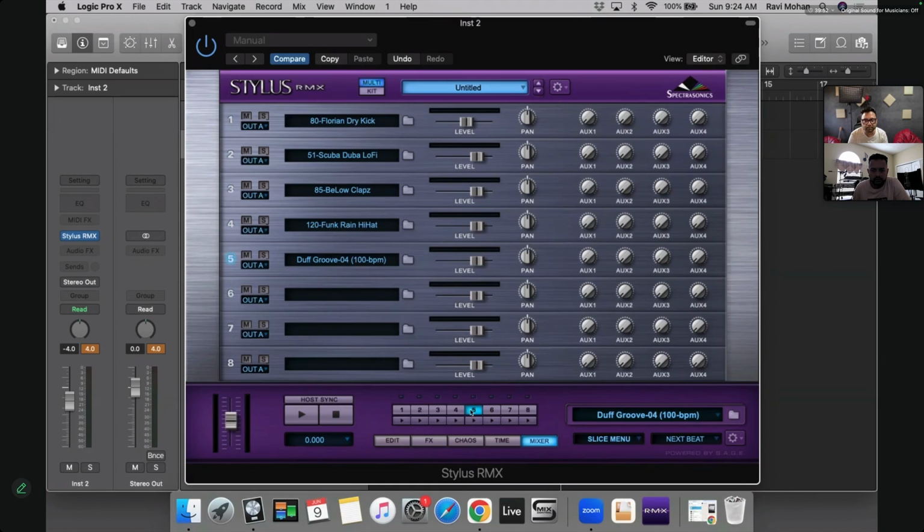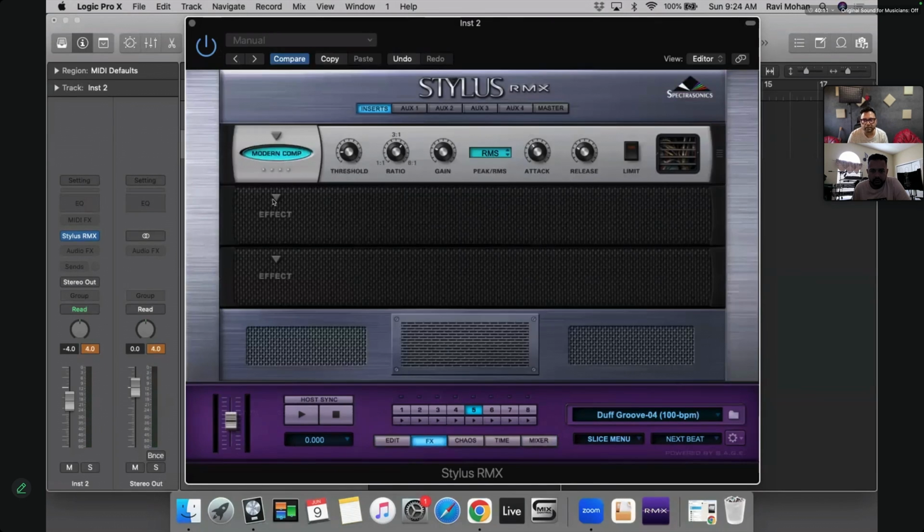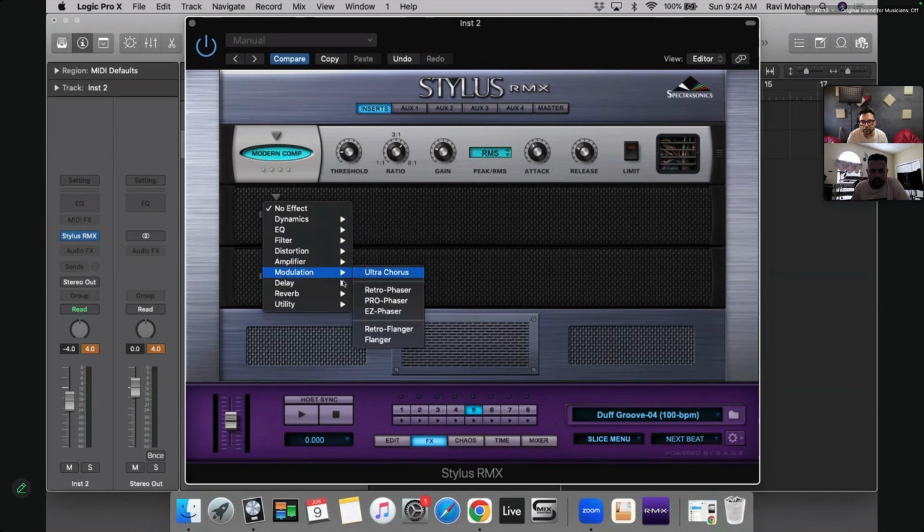It also has something like, let's say you want to pan a sound. Let's say this is the sound that you want to pan, and you want to pan it left and right and center like that. Go to FX, go to the second slot, and inside this modulation, where is it?